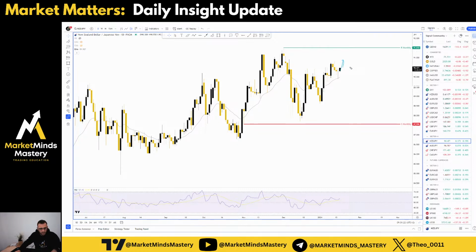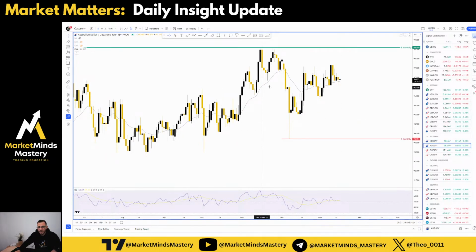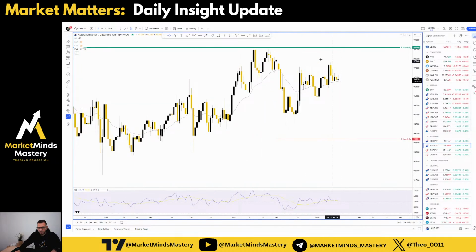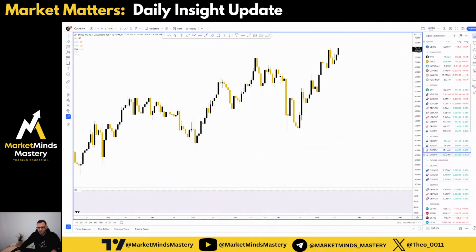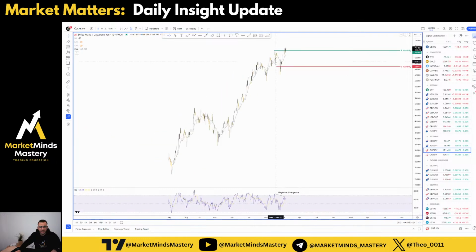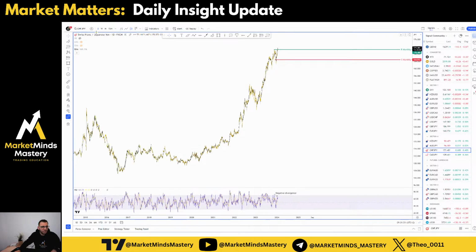Again, we look for longs here, but there are stronger currencies like the pound and the euro that for intraday trading maybe will offer better opportunities. Australian dollar, it's not going anywhere, so we don't look at this now. Swiss franc, we want the price first to just clear these highs here. I think this is an all-time high on this chart,